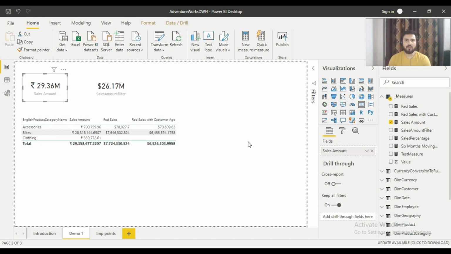So what do I mean when I say temporary table? As we also studied in the previous video, measures are generally used to return a scalar value. You will use a measure to do some computation and finally return a scalar value, a single value, so that you can show that value inside a visual. As I mentioned, a measure cannot return a table. It will always return a scalar value.